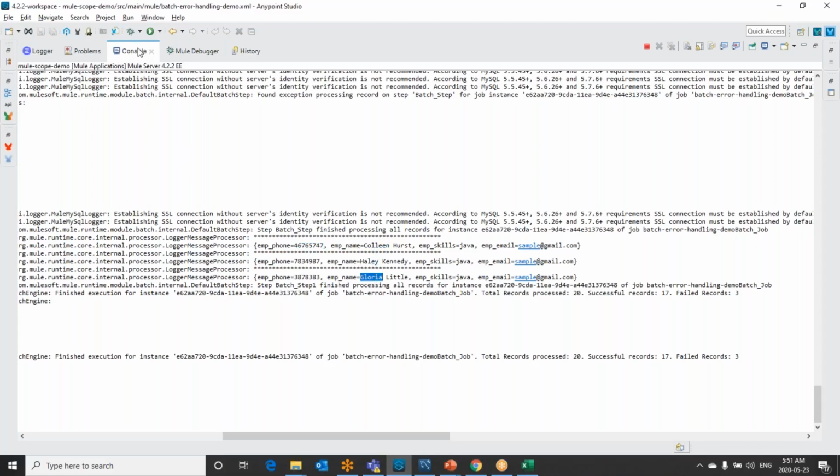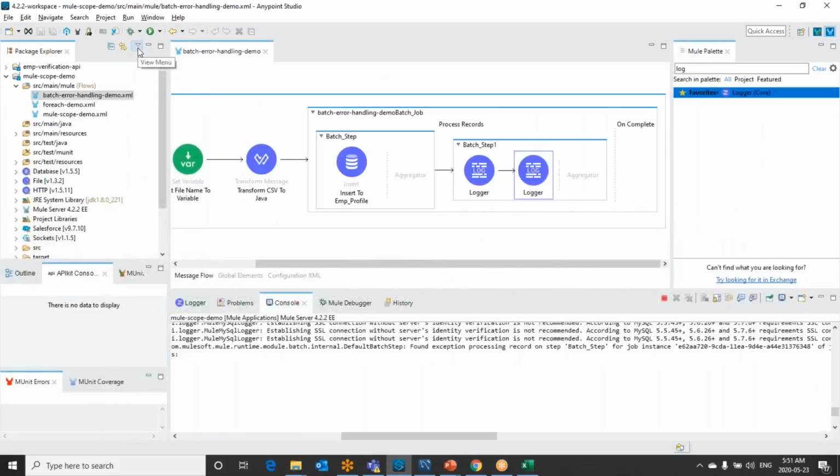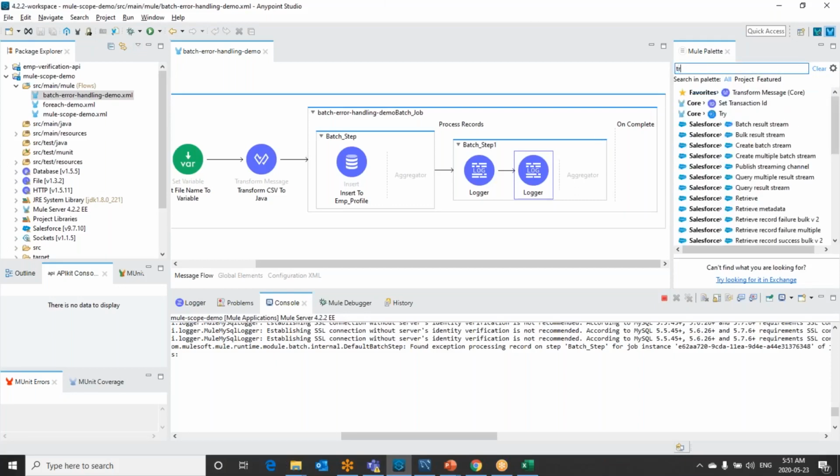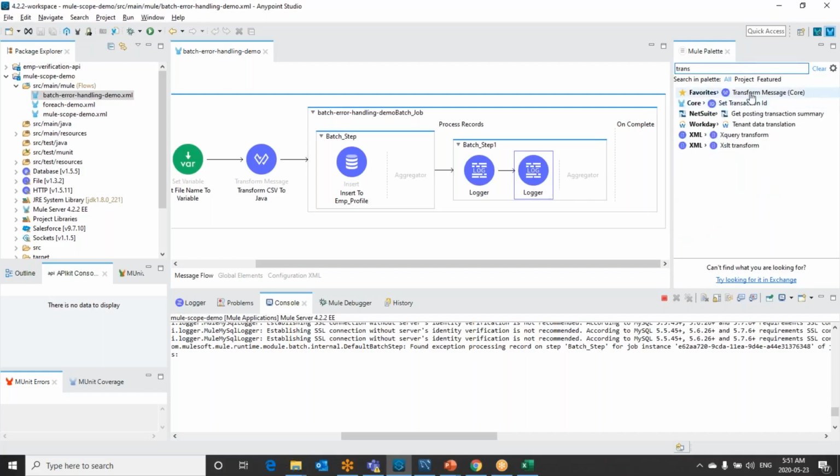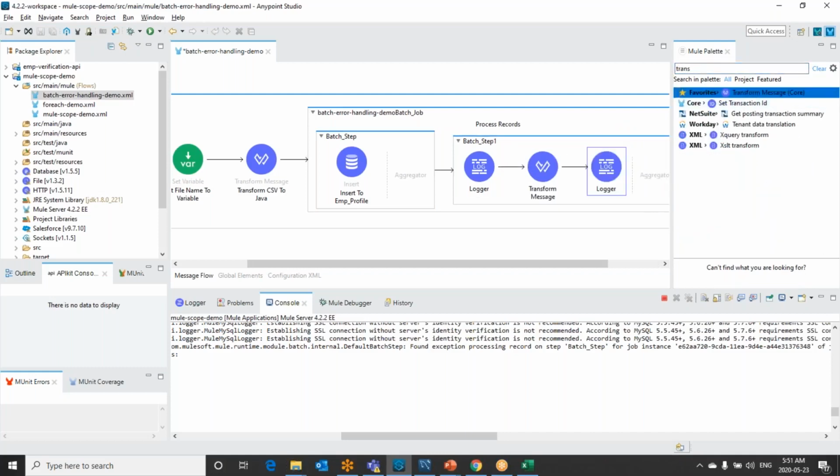This way we will be able to get the failed records, and what we will do is write those failed records into a failed directory, so that from there again we will be able to reprocess them.